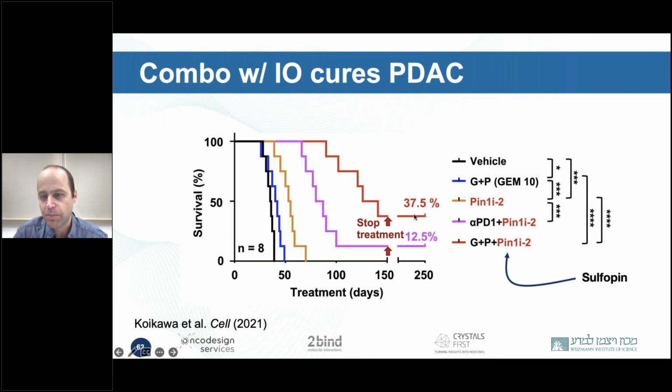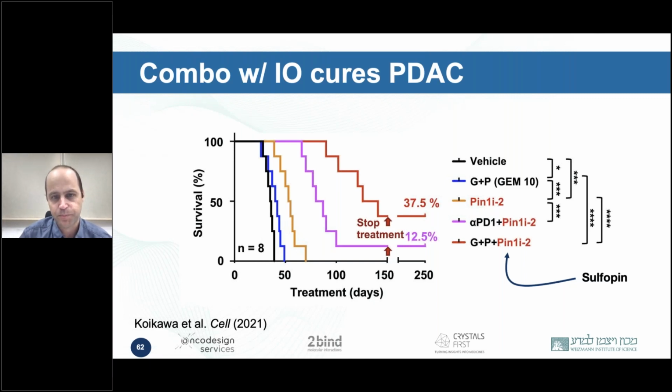They showed that if you combine sulfopin treatment with an immuno-oncology checkpoint inhibitor and chemotherapy, you can actually cure PDAC in this model. So you can see here that 3 out of 8 mice treated up to 250 days after the implantation were alive more than 100 days after stopping the treatment. So this is a really exciting result showing that PIN1 inhibition in combination with checkpoint inhibitors can have a real impact on